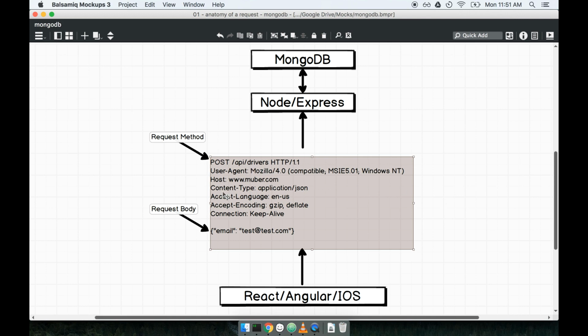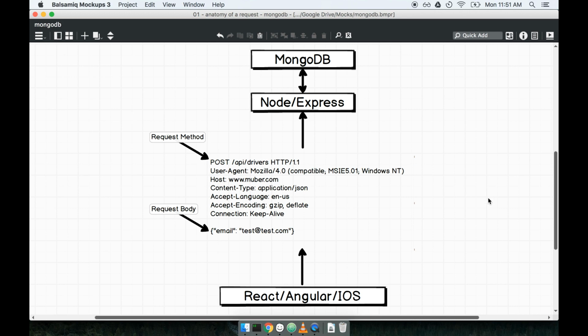So let's inspect a couple of the different parts of this request. On the very first line, we specify the type or the method of the request. In this case, I have post request. There are many different methods of requests, and we'll talk about all the different kinds there are in just one second. After specifying the method of the request, we then specify where the request is supposed to be sent to. So in this case, we're trying to send it to a route of